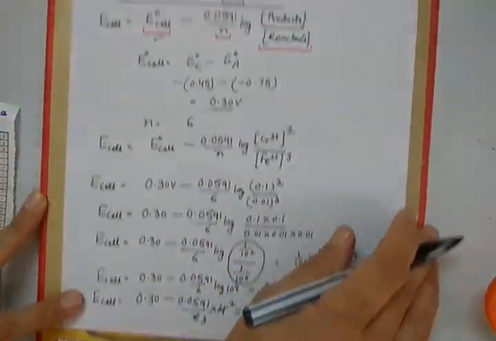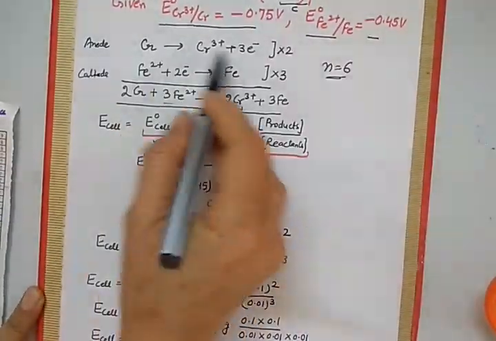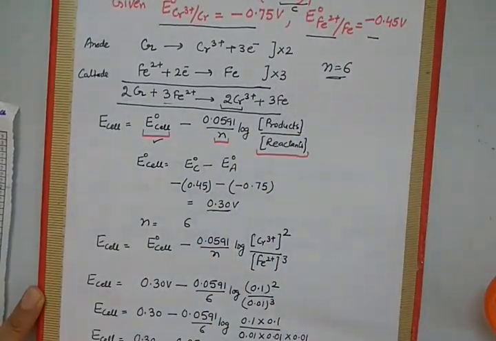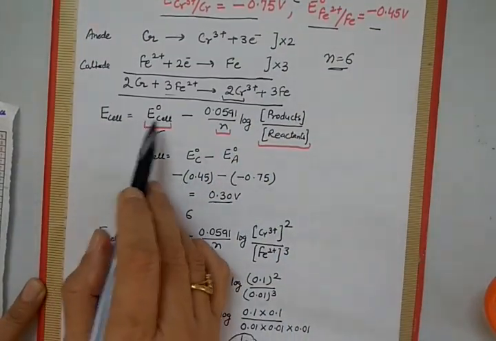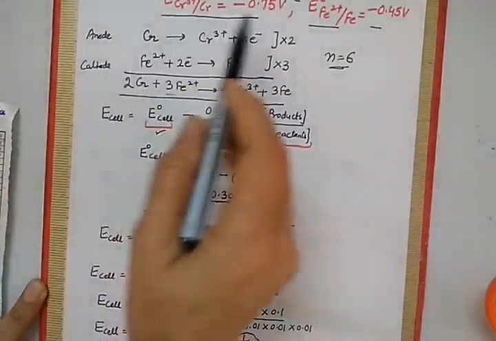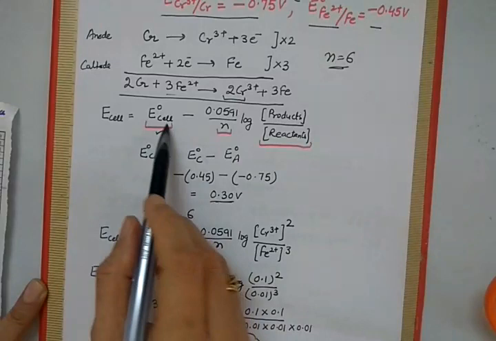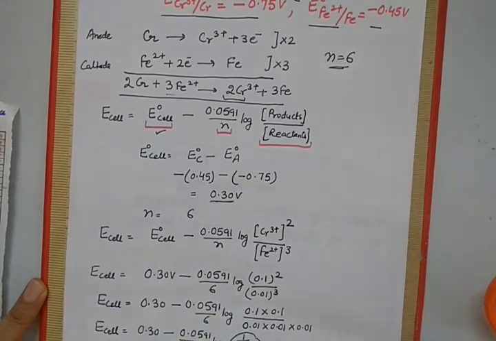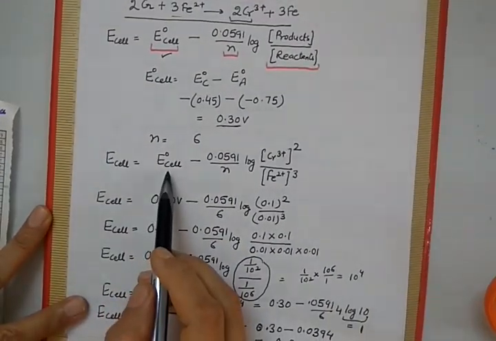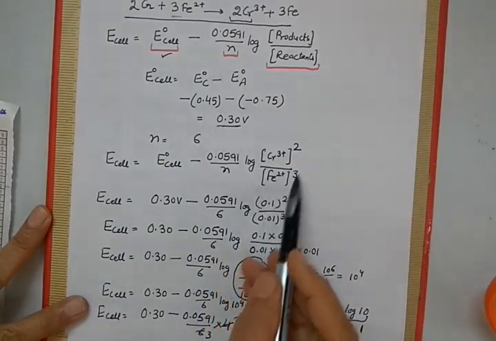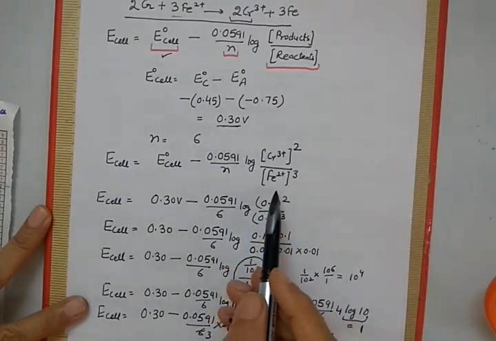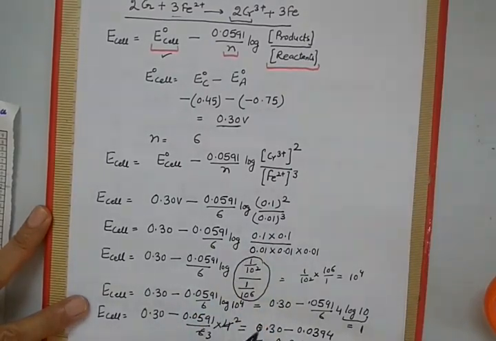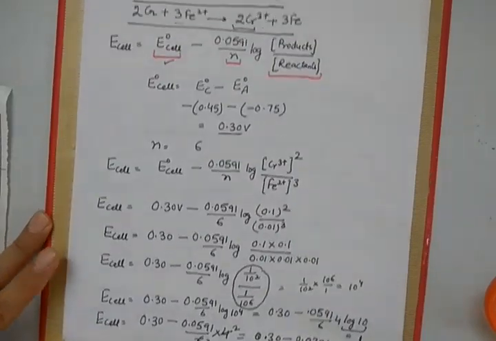So you can see the steps. First we write the cell equation, then find how many electrons are being exchanged. Clear? Then we find E naught. Sometimes E naught is given, sometimes we are given the values of cathode and anode separately. Then we have to find E naught of cell by taking E naught cathode minus E naught anode. And then by substituting the value of E naught, value of N, we have to solve this quotient factor, concentration of product over reactants, very carefully. You will solve this well in rough work. Then we put the values and get the answer. Clear?